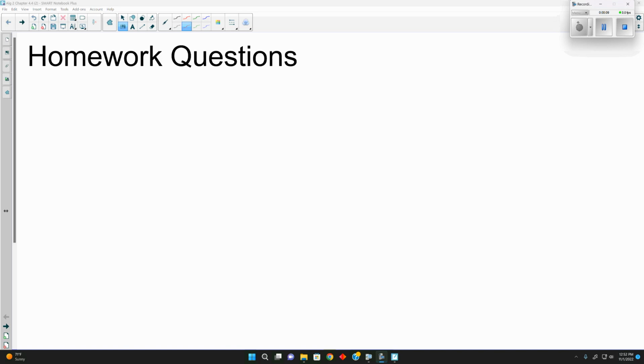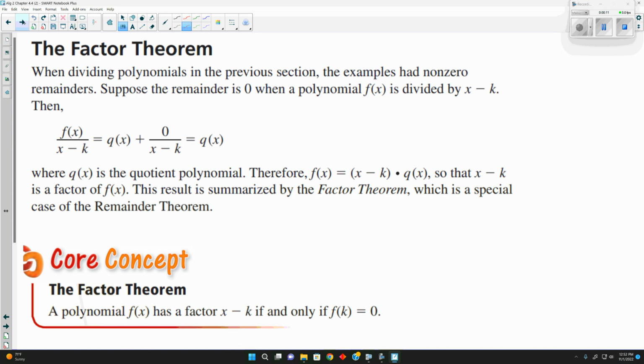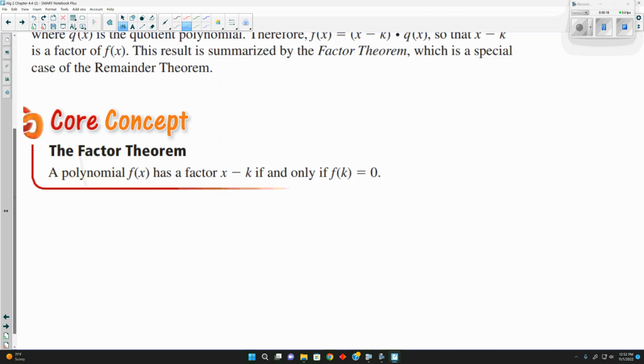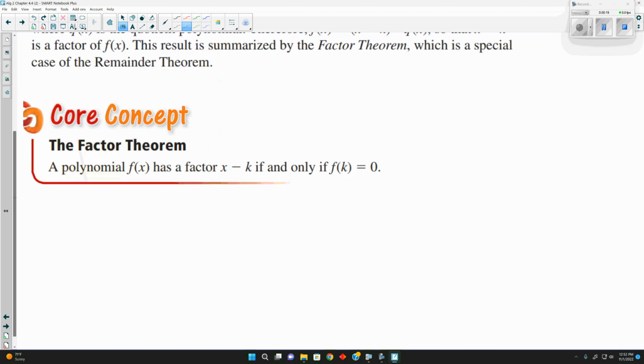So what we're looking at today is the factor theorem. Now the factor theorem, we have all this here. It's just saying if we divide a polynomial and get a remainder of 0, it means whatever we divided that polynomial by is a factor of it. And that works with anything. We could say